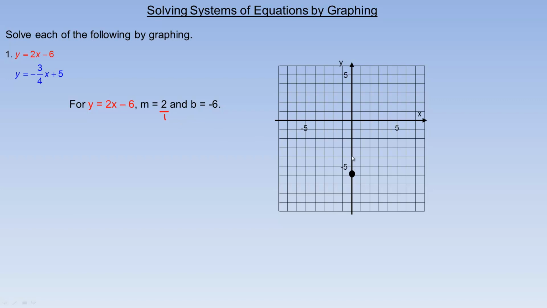So we go up 2 and to the right 1, and there'd be another point there. Up 2 to the right 1, there'd be another point there. And of course you could keep on doing that to draw your line. So let's label the line. So for the y equals negative 3/4 x plus 5, the slope would be the negative 3/4, and the 5